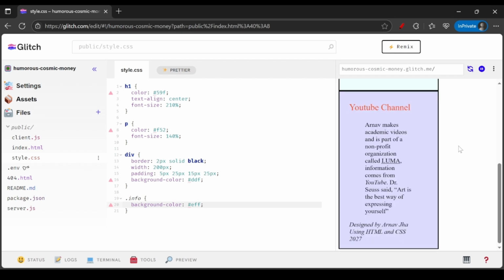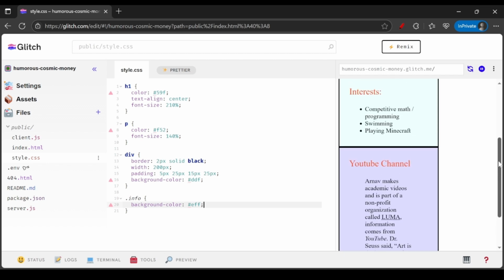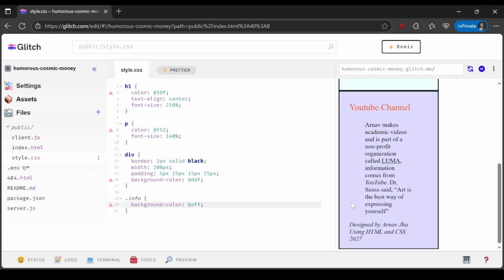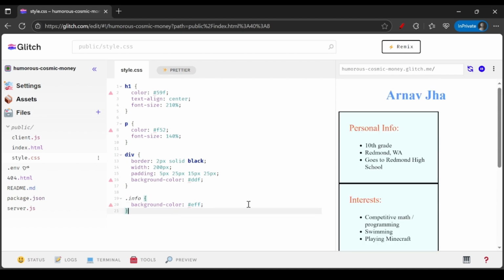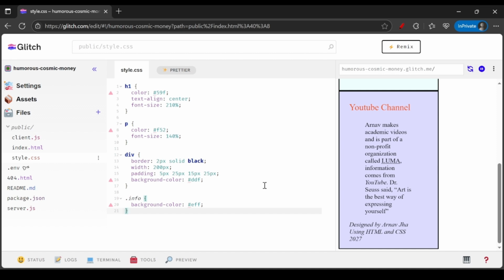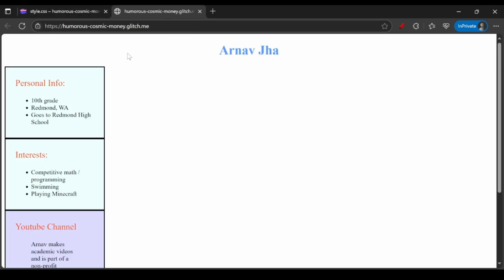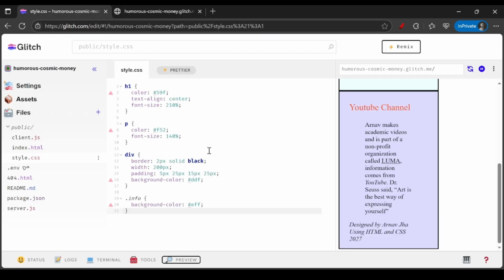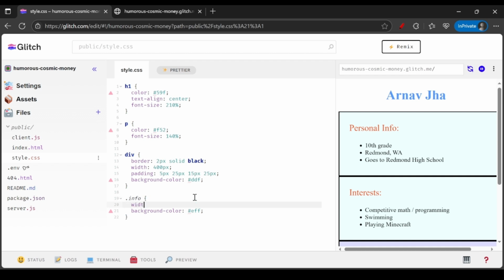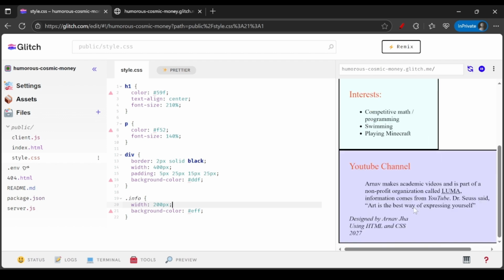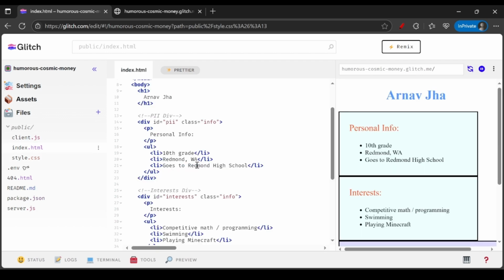So you see the info boxes now. These two are light blue, but this one is a little darker blue. So this is a good use of our info. But now, if we preview this in a new window, we can see they're all hugged to the side. So at least for this one, let's increase the width to 400 pixels. But the info boxes will have a width of 200 pixels, like so. So this one's going to be a little wider. There we go. And then I think the last thing we could do is